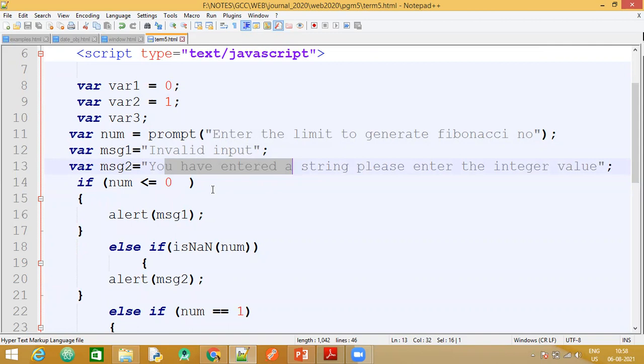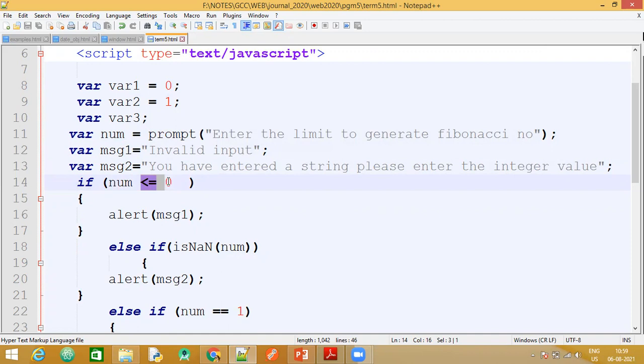Now another way would be, instead of initializing message1 and message2, you can directly pass this entire string, invalid input, in this alert dialog box. Even that is possible. Now, first we start with the if condition. In the if condition, we are checking if the value entered by the user is less than or equal to 0.